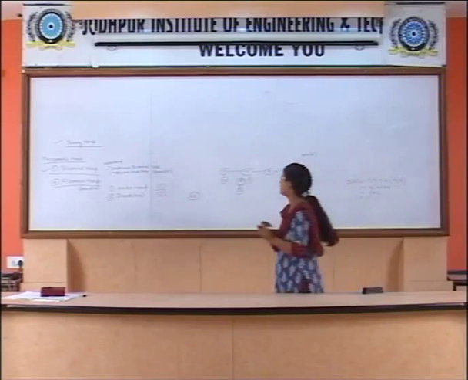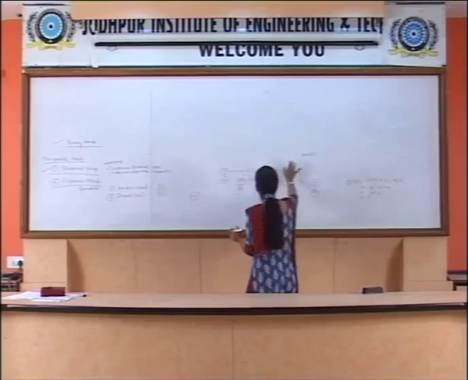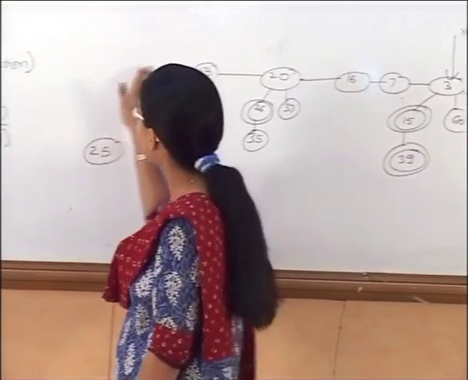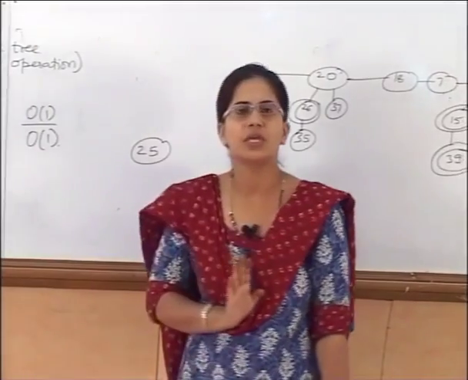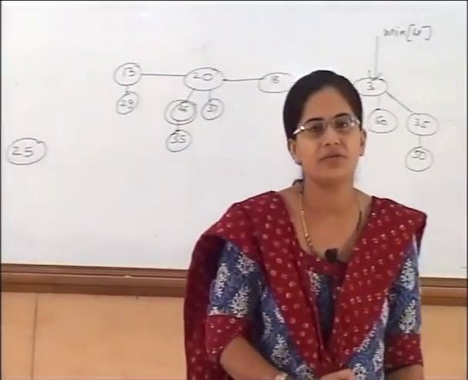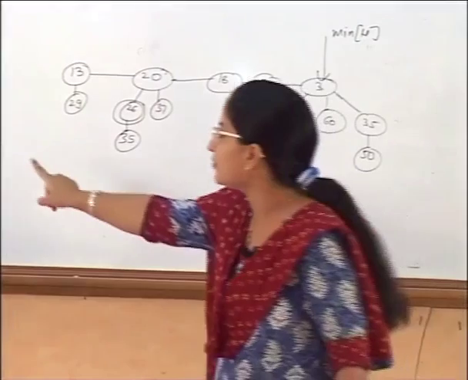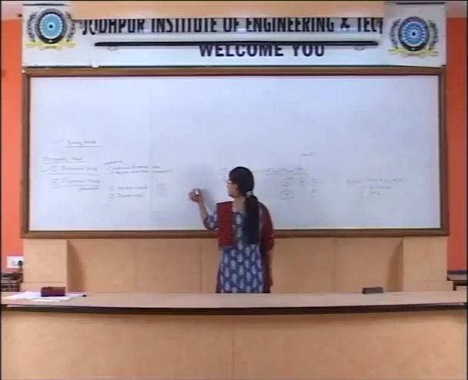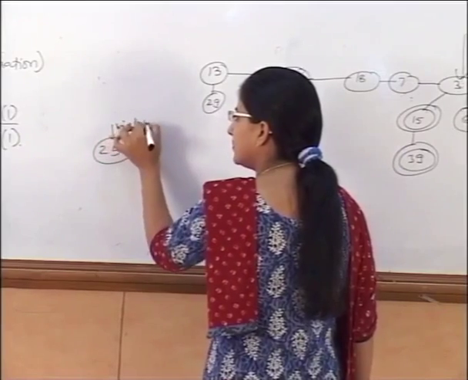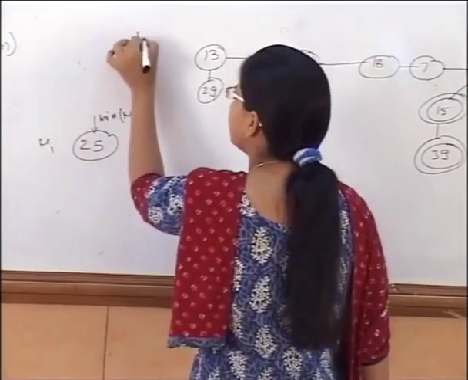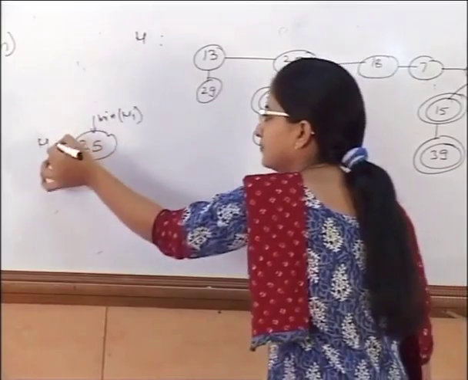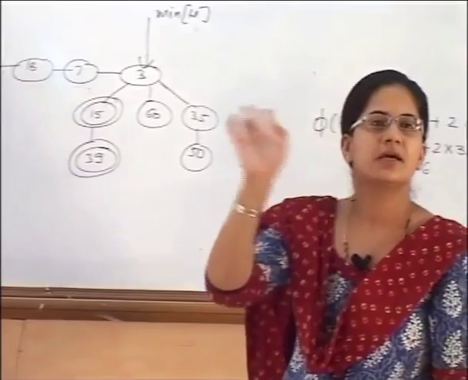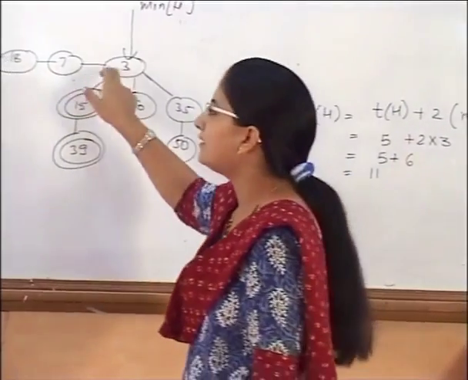Now, when you are supposed to insert a particular value, just consider this value as a heap. This is one heap, a Fibonacci heap having only one binomial tree. The minimum of this particular Fibonacci heap is 25 itself. Let it be H1. Now you have to insert this node in this, just combine it with or add it with